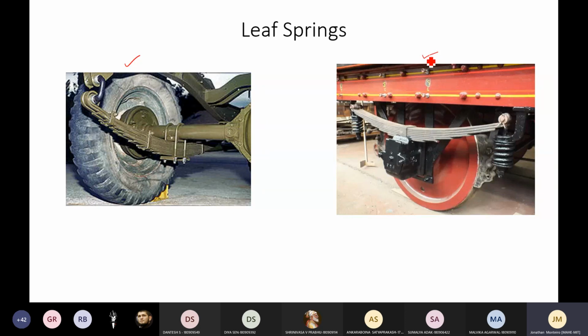But in order to simply understand it, leaf springs can be described as a pack of leaves, in the sense metallic leaves, which are stacked one on top of the other. One peculiarity in design is that those leaves are cut into different sizes. One is the biggest, full length, then it is slightly cut, and then slightly cut again and again. We'll understand the importance of it today, why that is done, and also what the different nomenclatures associated with this leaf spring are.